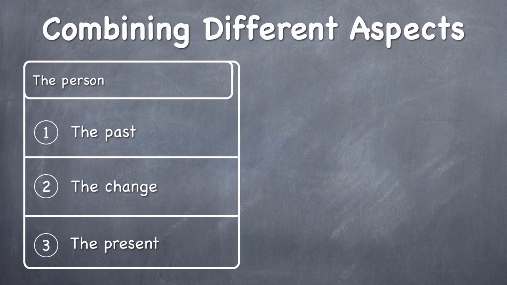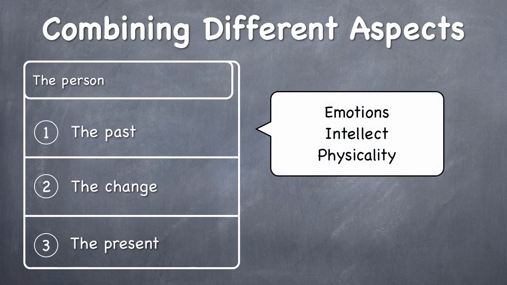So you will be discussing how this person changed. How this person was in the past, then what happened, what was the actual change, and then what happened as a result. How is the person in the present? So you're using the power of 3. And here's what you can do right now. You can use the power of 3 again within this main section. And you can talk about how this person was in the past in terms of emotions, in terms of the intellect, and in terms of physicality.